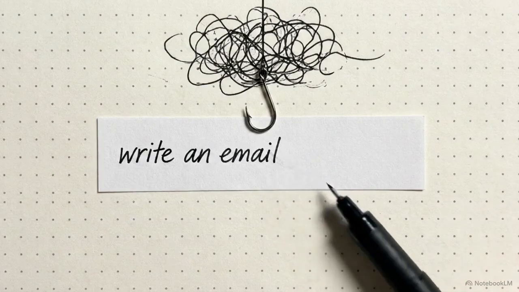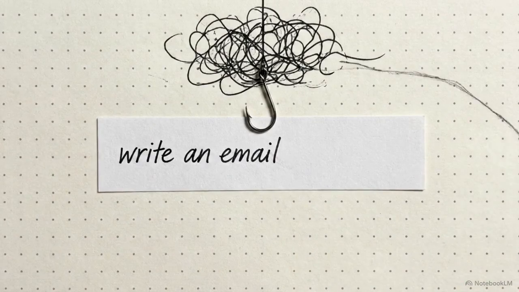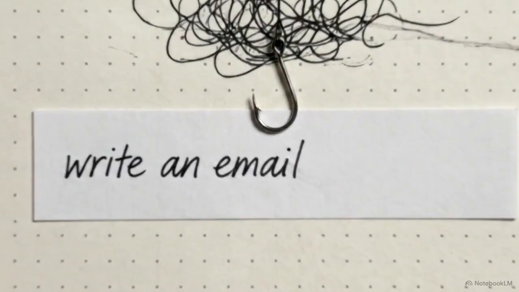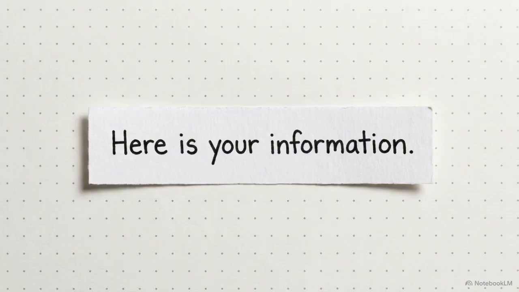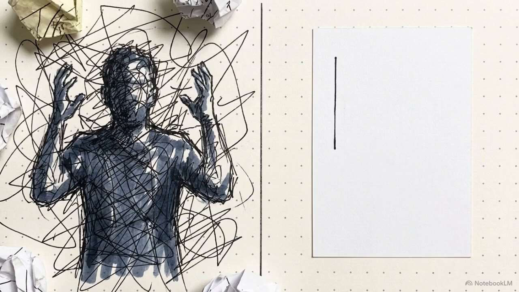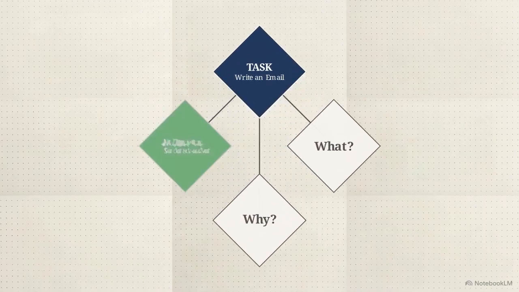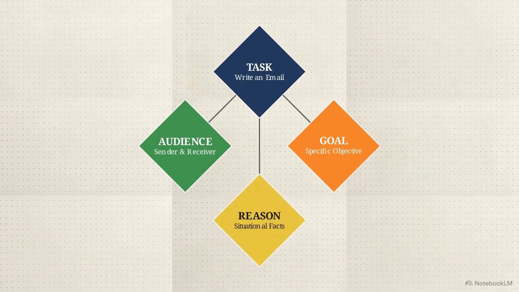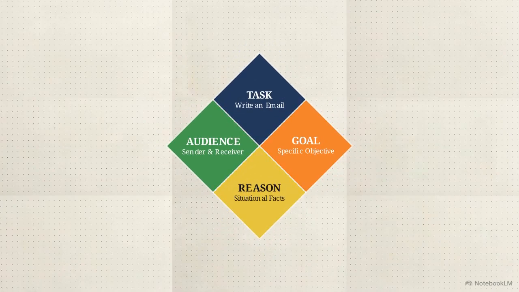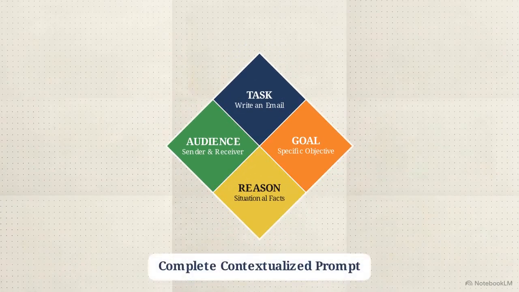A typical beginner might open an LLM and type something like, "Write an email." This simple command sets the model up for failure. This animated diagram illustrates what is missing. The AI cannot read your mind. You have to expand your core task to surface the implied context, the who, what, and why. Your prompt only becomes effective when it explicitly dictates the situational identity of you, the sender, and the person you're